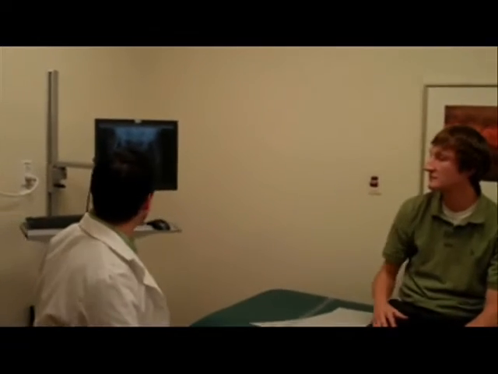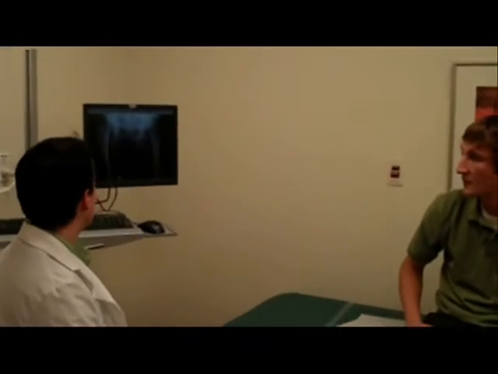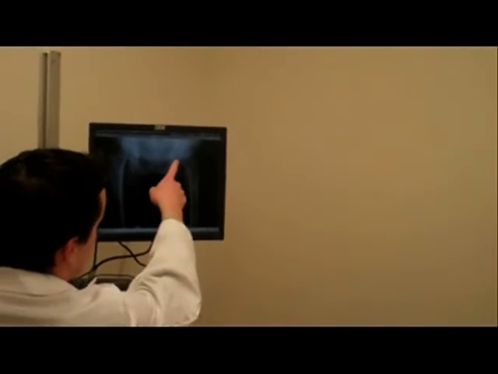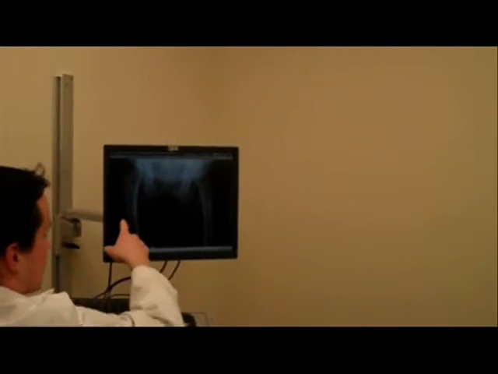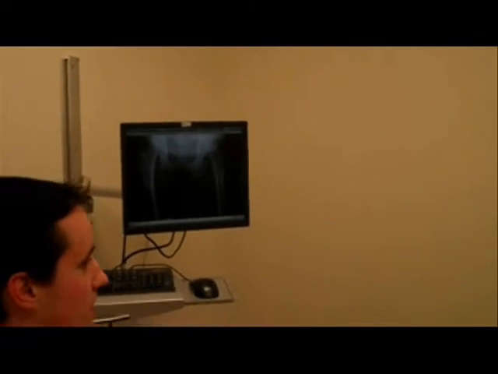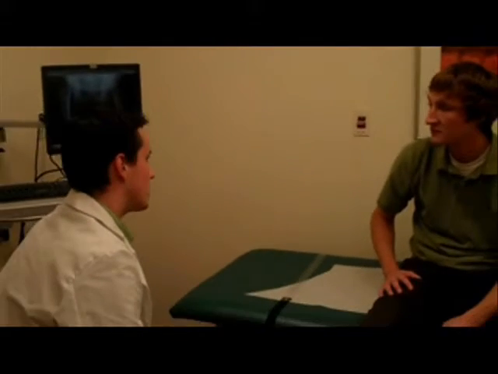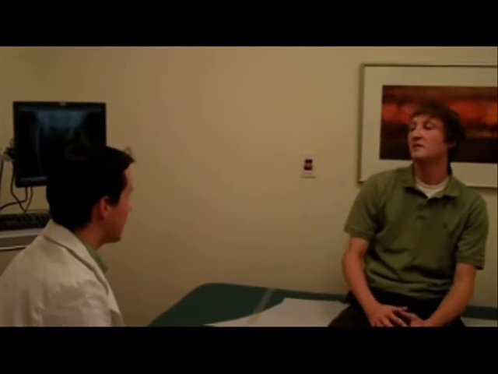The x-rays do show that you have some pretty significant arthritis. And essentially what you can see in the x-rays is your bone on bone right here in this left hip, with this being your left hip, this your right. And essentially when it becomes bone on bone like this, you have the option for surgical correction. But what we can do is a total hip replacement, where we replace that hip, put in a prosthesis, and it's an extensive rehab process, but most patients feel significantly better afterwards, and they feel that their pain is largely gone. Do you have questions about that?